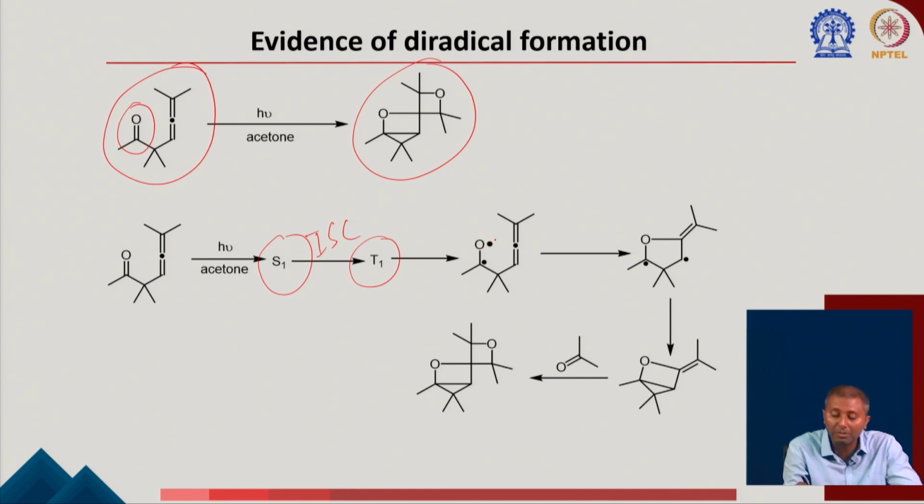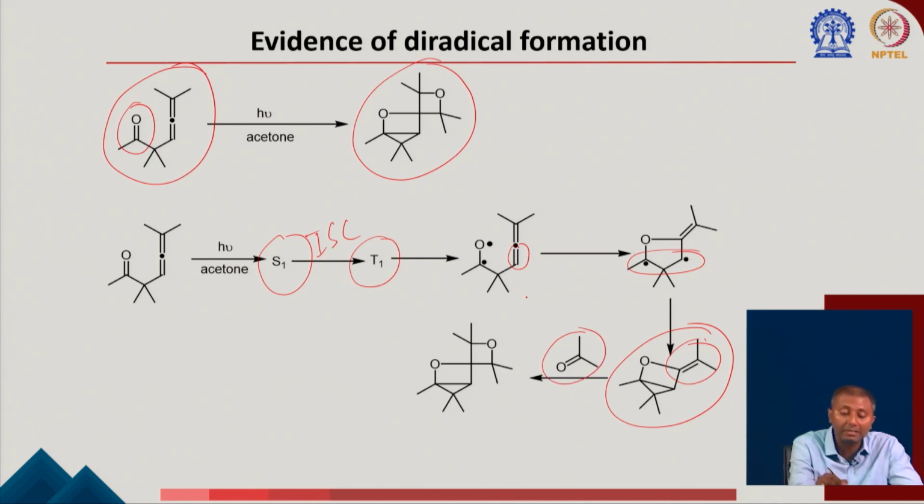First, this oxygen radical is going to react with this double bond here, forming this radical species. Again, this is a 1,4 biradical species which can form a bond here. And now what is going to happen, you can see there is a double bond here, and you have a